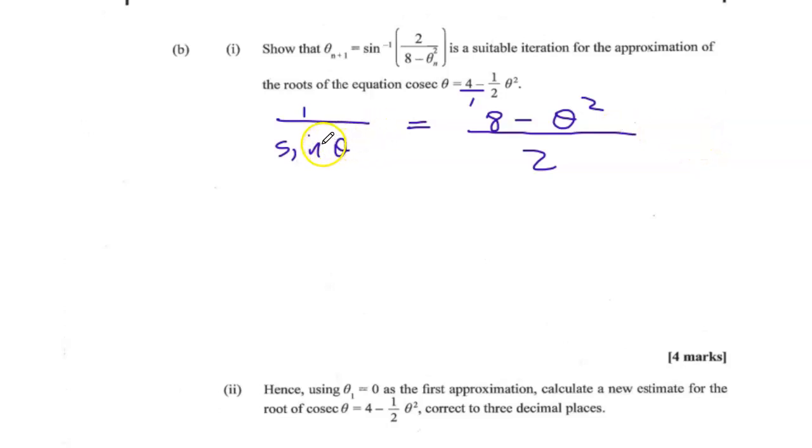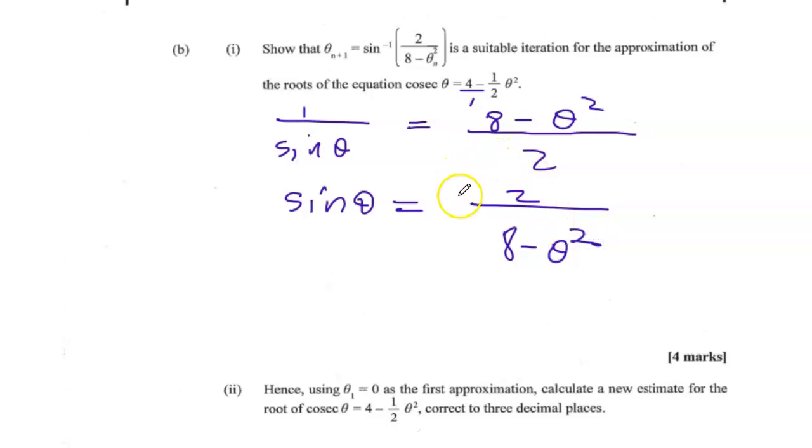So if we reciprocate both sides, it means that sine theta is 2 over 8 minus theta squared, which means that theta would be equal to sine inverse